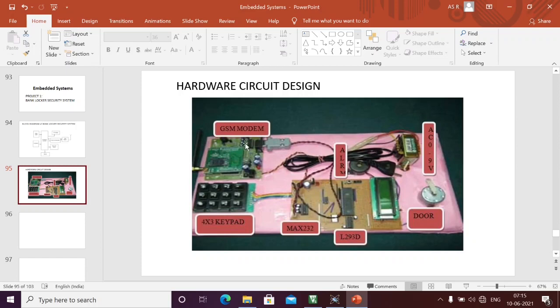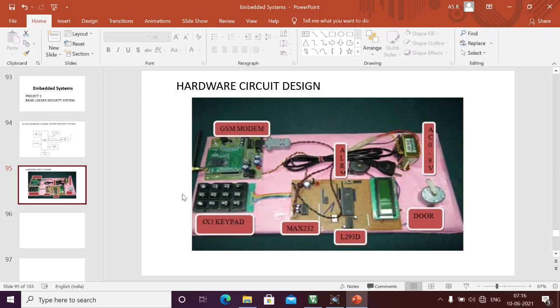And this GSM module needs a 9 volts power supply, which we are giving directly to the GSM module. To communicate with the GSM module, we should always use the MAX232 IC. To convert TTL logic to RS232 logic, we need this MAX232 IC with 4 capacitors. Then we can communicate with the GSM module effectively using UART communication, Universal Asynchronous Receiver and Transmitter, and we can send the message using this GSM modem.